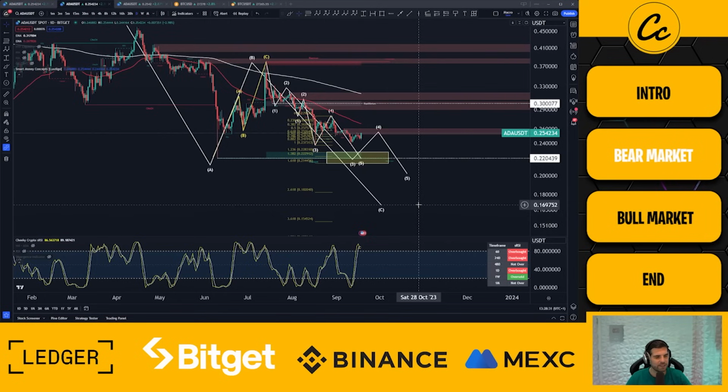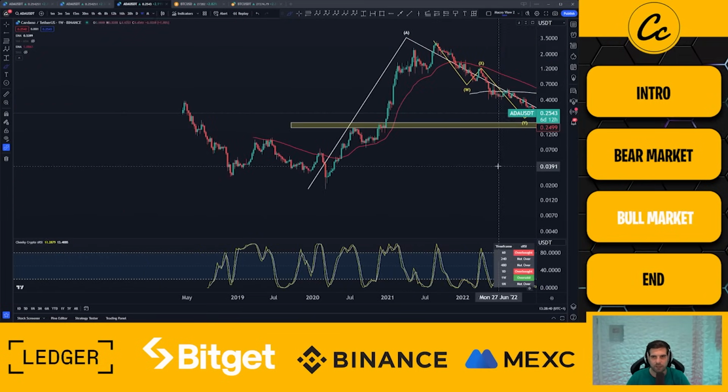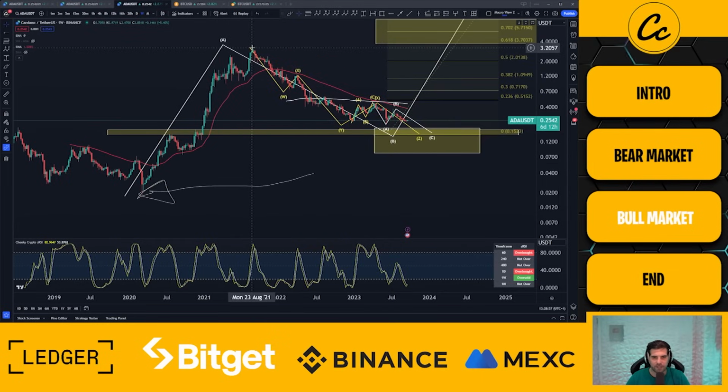But let's go ahead and now start talking about that next bullish market. If we have a bit of an idea as to where the bear market can go, then that's going to allow us to have a bit of an idea on where the bull market can go. In the previous bull market, that started all the way down over here in March of 2020. We saw a fantastic run to the upside back in August of 2021. Okay, now this is an initial surge upwards. We then broke that to the high, I think it was a little bit later actually. We got to $3.12 or $3.10. Let me see if I can find the exact high one. There we go, $3.10. And that was actually, yeah, August of 2021, sorry.